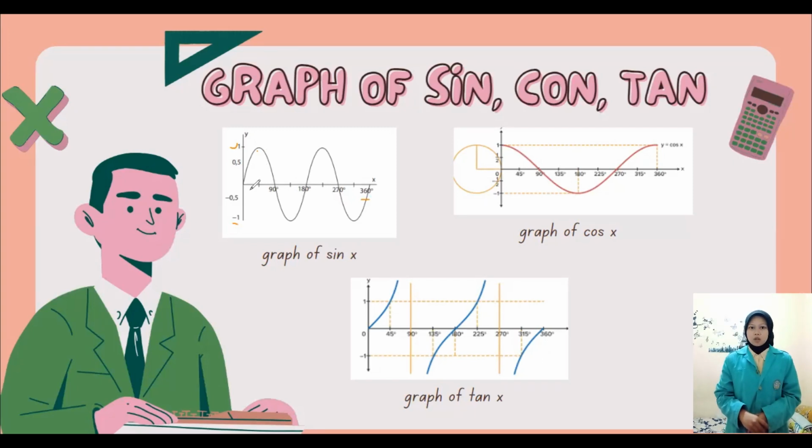Second, we will analyze the cos x graph characteristics. From the graphic, we can see that y maximum is 1 and y minimum is -1. The period is the distance between repetitions. The value of the period from